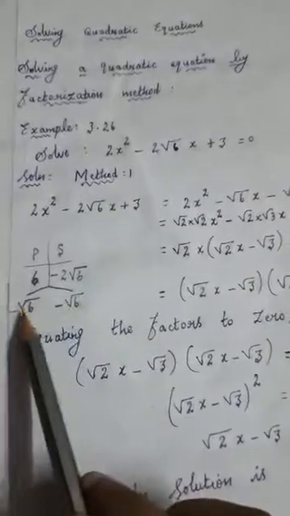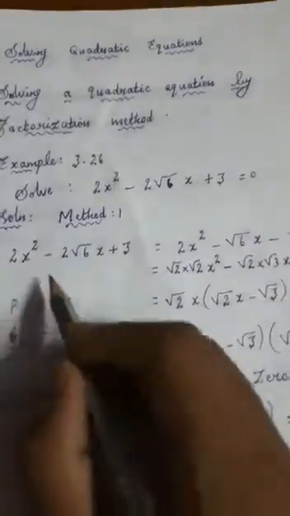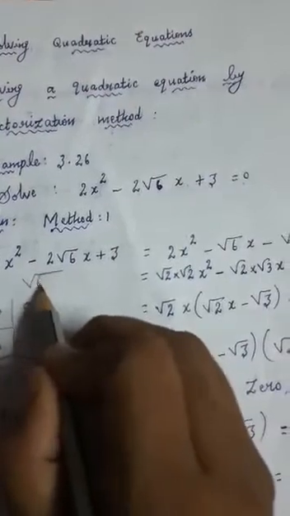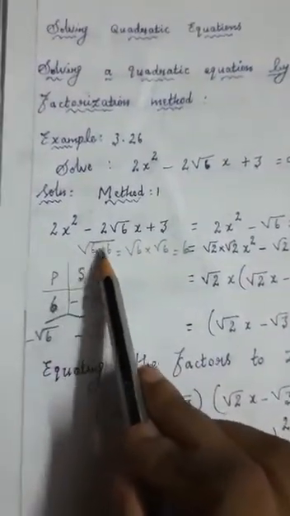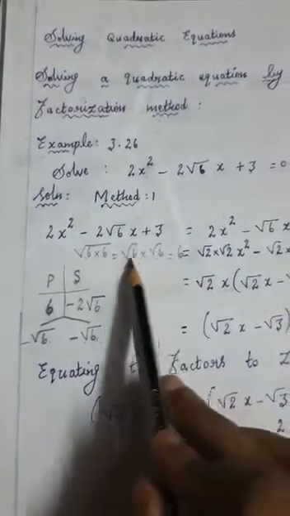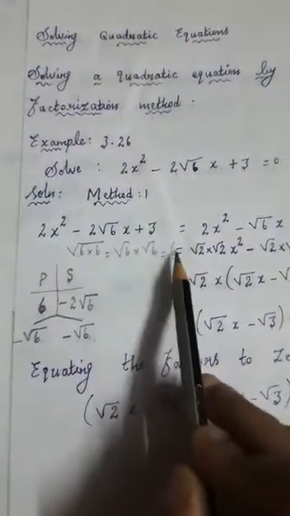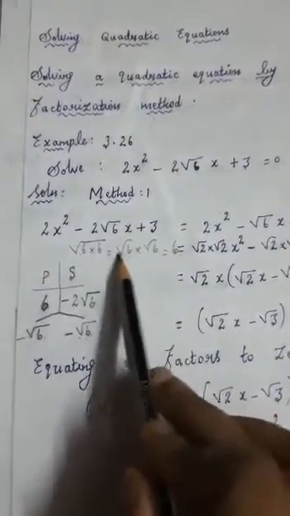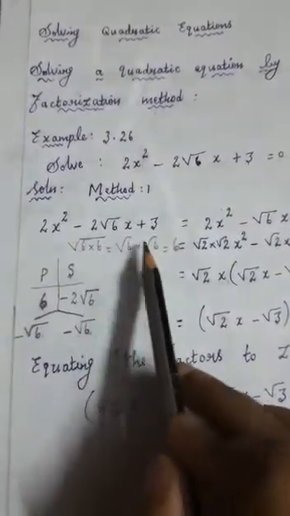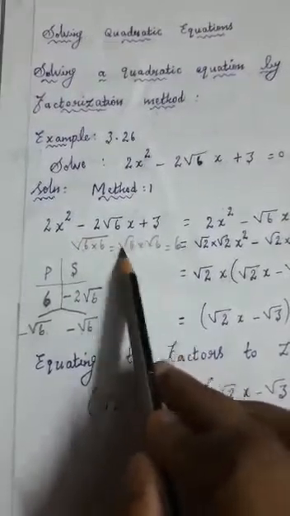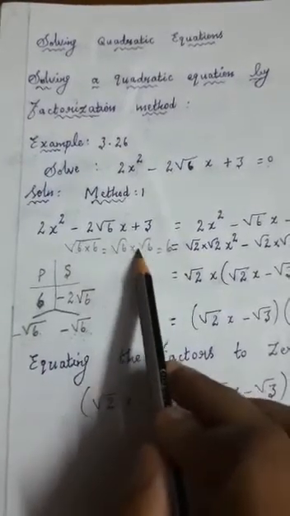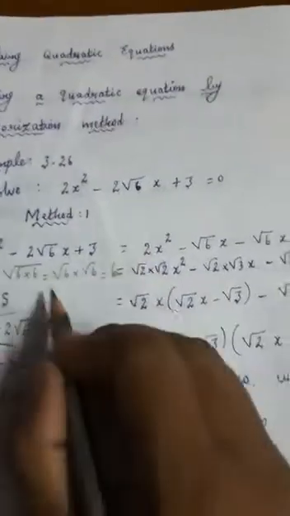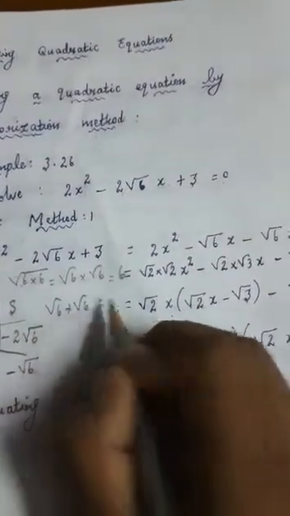How to choose that? Now see, here you have 6. Instead of 6 you can write root 6 into root 6, that is root 6 two times. If you multiply, that value is 6. We know that, or not? That means the square root two times can be taken outside as 6. Like that, root 6 into root 6 means 6. So while multiplying you can get 6. While adding, the coefficients only we will add, like terms. Here the coefficient is 1. 1 root 6x plus root 6, so what will it come to?